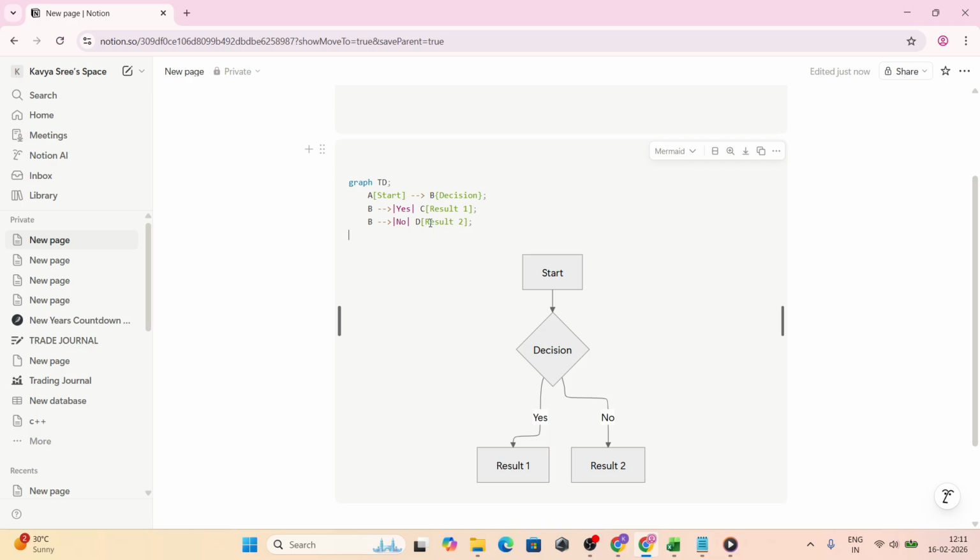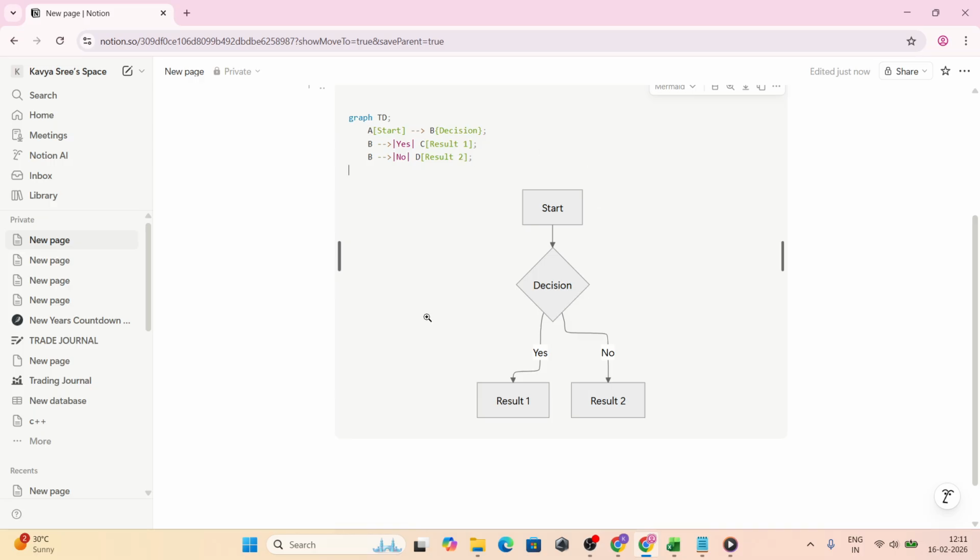The line graph TD sets the layout to flow from top to bottom. A, B, C, and D are node IDs. Keep them short and without spaces. The text in brackets is what shows on each node. Square brackets create a standard rectangular step, like Start or Result 1. Curly braces create a diamond-shaped decision, perfect for branching. The arrows connect nodes, and labels between vertical bars, like Yes and No,